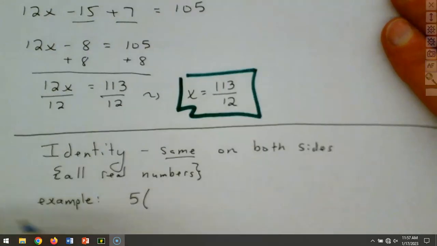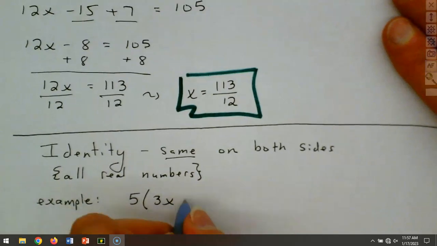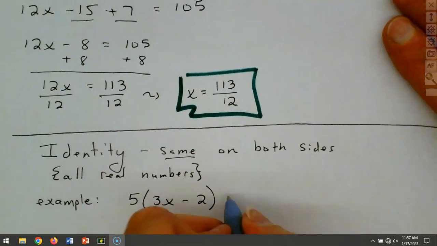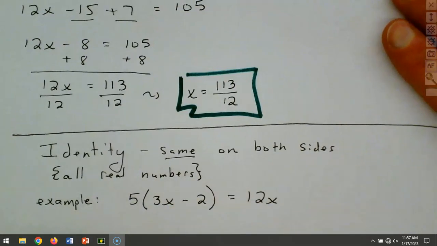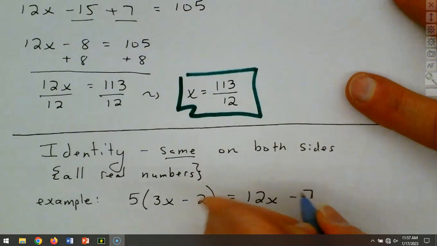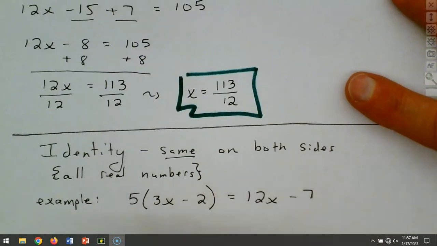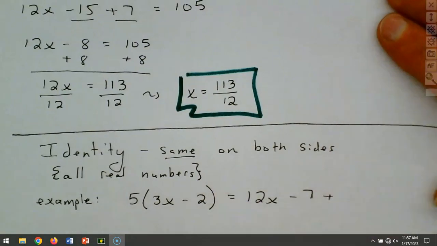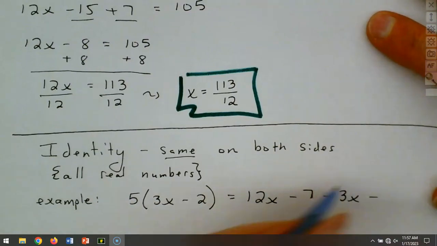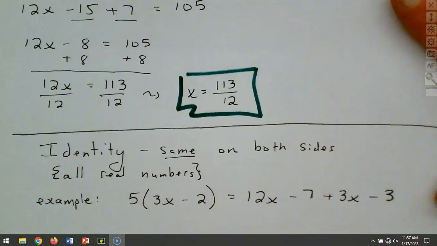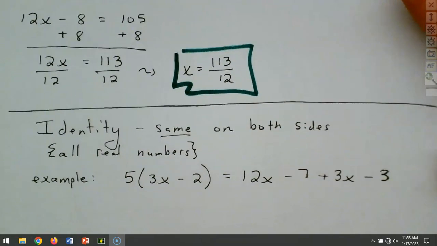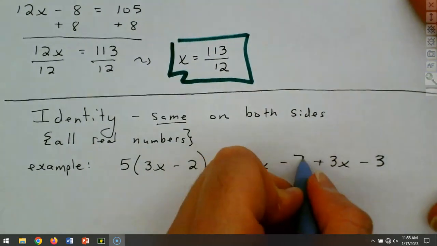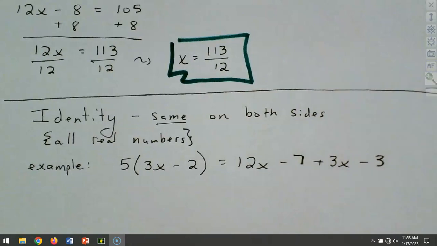How about 5 times (3x minus 2) equals 12x minus 7 plus 3x minus 3? Okay. Now, right now, these don't look the same on each side, but they are going to be the same